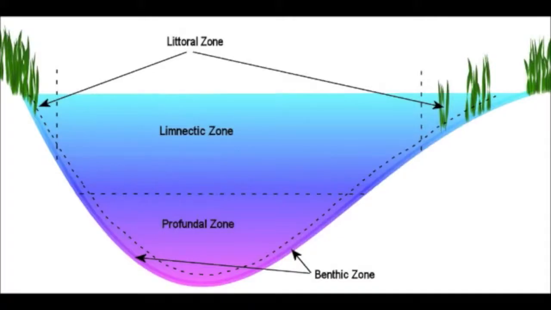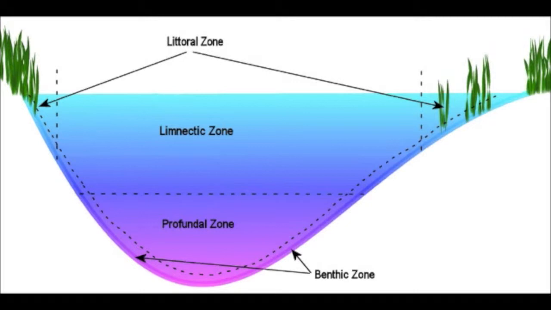First off, I would like to say that lakes and ponds are different in many ways. Some are large, some are small, some are shallow, some are deep. Their location is also different because lakes and ponds are scattered everywhere throughout the earth. But there is one thing that can relate all lakes and ponds together, and that is the 4 zones they are divided into: the littoral zone, the limnetic zone, the profundal zone, and the benthic zone.